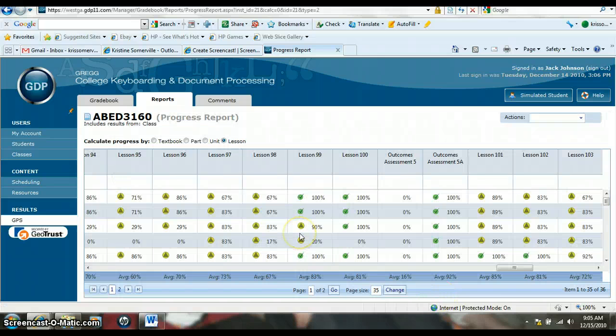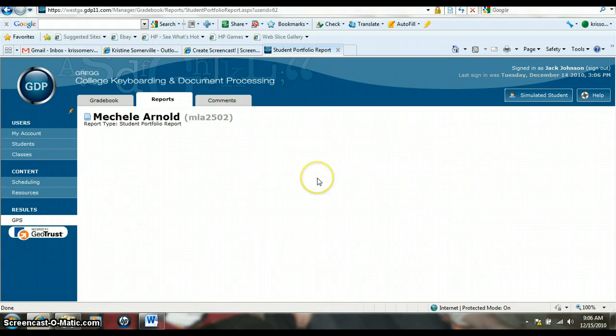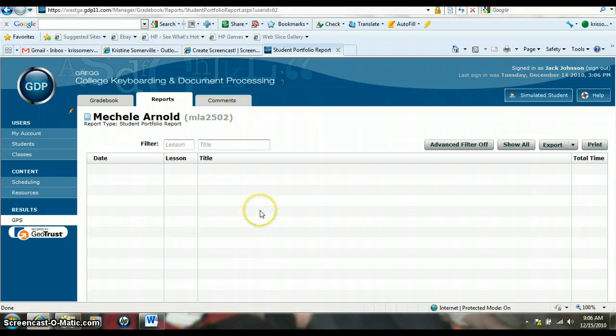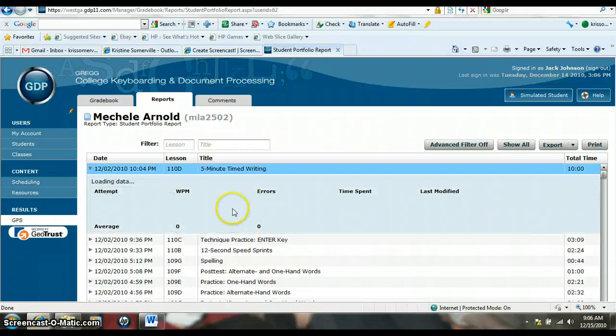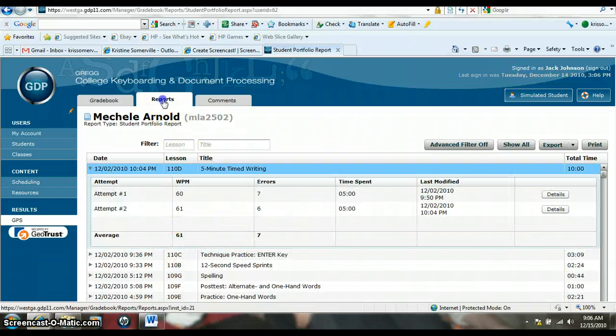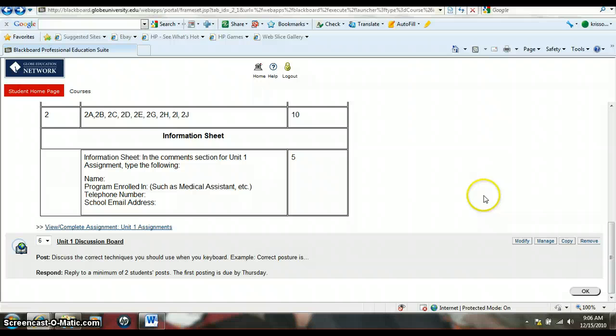You can see the progress report of the whole class, or if you want, you can see individual progress reports. So if you come out here and you change it to student portfolio, this is the one you're used to. This is the one you'll probably be most familiar with, and you can come out here and see exactly what they've done and see how many errors they have. By clicking on the arrow, it gives you more information about it. So again, really take advantage of those reports. They're really, really neat. So going back to